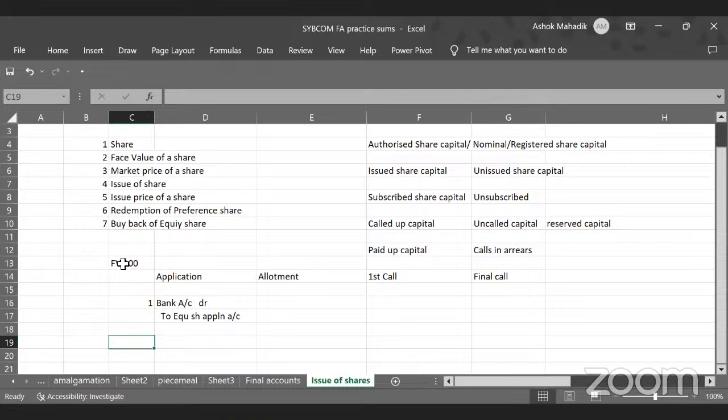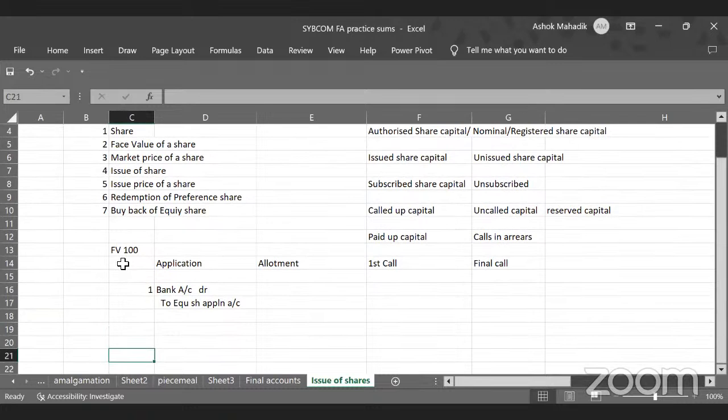So the process starts with people paying application money. We have to write all the entries from the company's perspective. So what will the company say? Money is deposited into my bank account, and this money is for equity share application. So the entry becomes bank account debit to equity share application account. Clear, students? Then next entry,